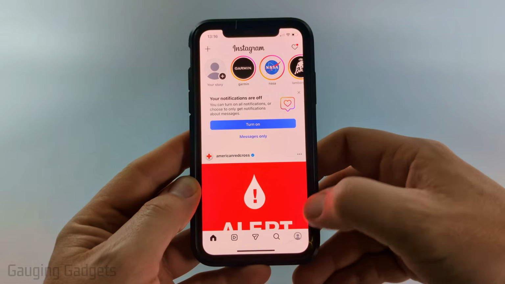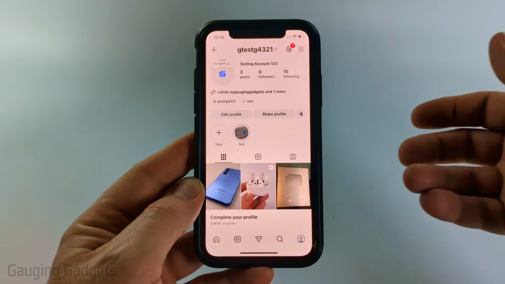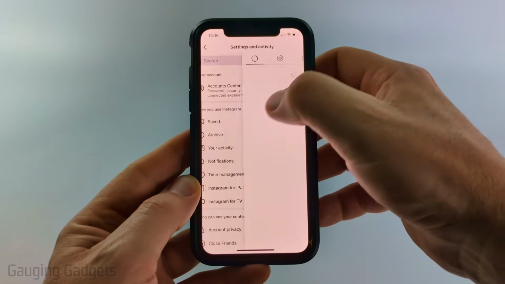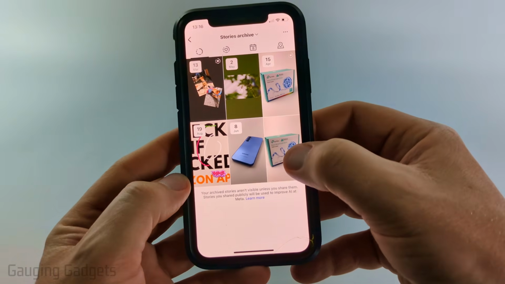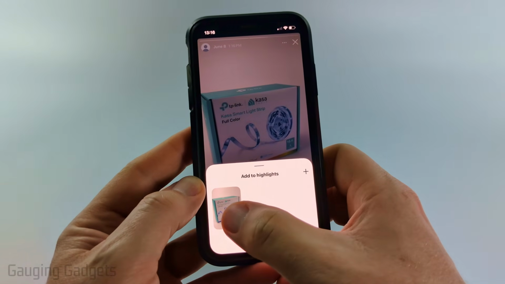But now if I go to my profile on Instagram, I can either select new for a new highlight, or I can open up my story archive by selecting the three dots in the top right and then opening archive. And then there's the story right there. So I can open that up and then I can select highlight and I can add it to the test